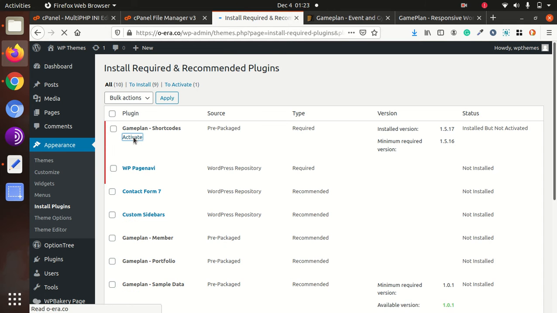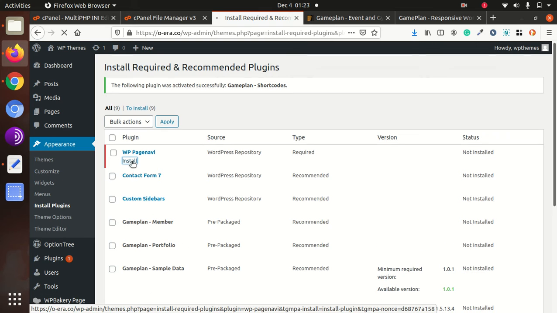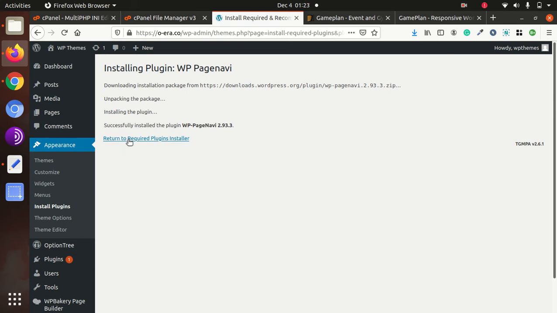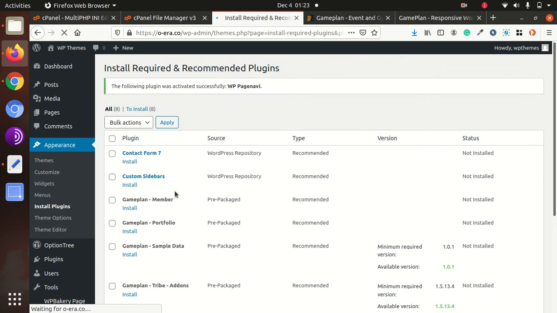Activate GamePlan shortcodes. Now install WP PageNavi, activate it. There are multiple plugins, in fact.